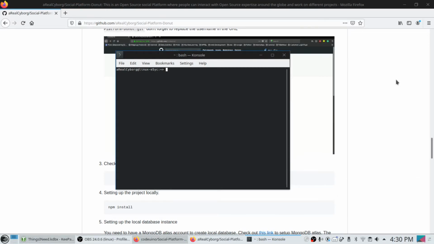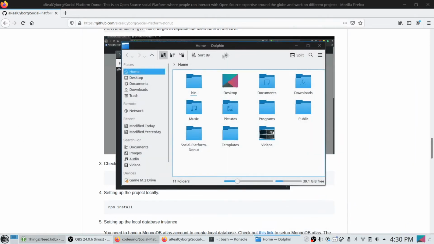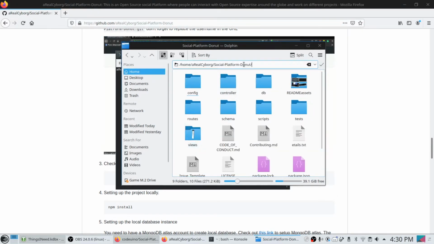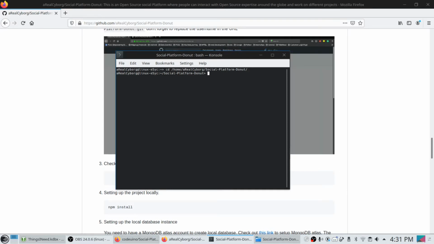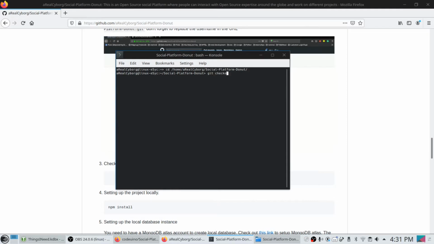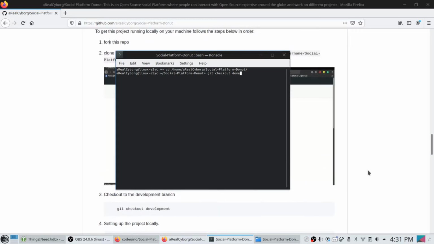After the repository is cloned, you're going to want to open up a file manager, and in your home directory the cloned repository should be right there. Open up the folder and then copy the path and use the command cd, then the path, and then after you are in the social-platform-donut folder, you're going to use the command git checkout development,